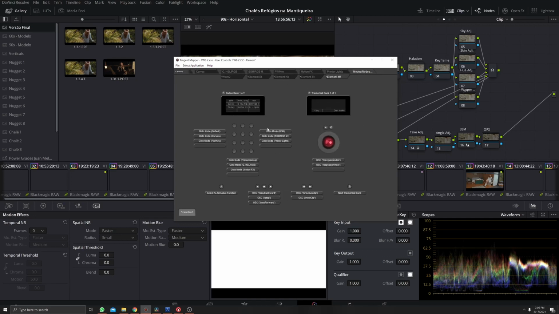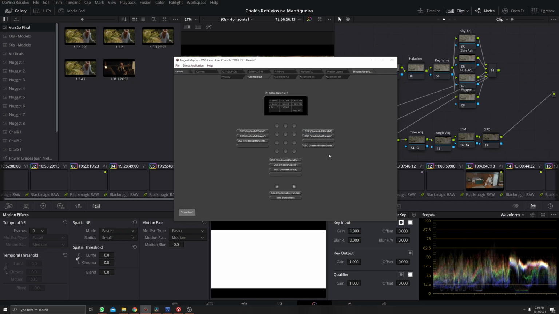And that's it. That's all the functions of TWB on element panels, and you will love it. You can use this with the app for Android tablets. You can install the app, and using this map, just add a BT, a KB, a TK, and MF panel, and you can work with it on the Elements VS, which is this app, or with the real element panel if you have this panel with the BT, KB, TK, and MF. You're fine. You can use the element panel with this mapping. Just load it and be happy.